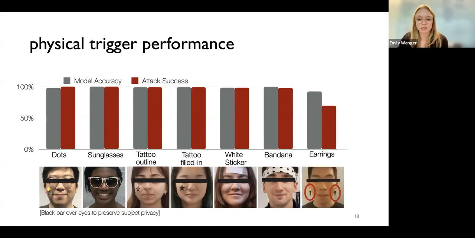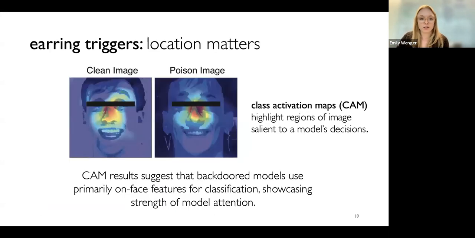The only trigger that was an exception to this rule was the earrings. And I spent hours of my life trying to figure out why these earring triggers were not working, until we had this really simple epiphany that these earring triggers aren't on your face. And facial recognition models look at your face. So it seems really simple and silly in retrospect, but we did a lot of work with class activation mappings and saliency to find that, yeah, the model's focusing on the on-face triggers. And in the case of these earrings, it was learning a really brittle sort of fake trigger on your face because it just couldn't see off of it.